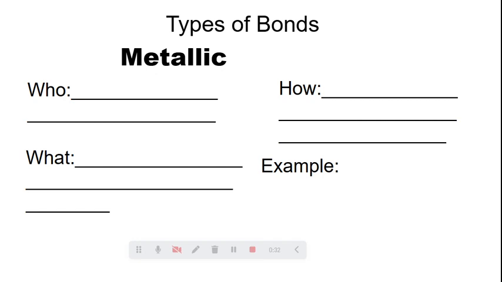So now we're going to talk about metallic bonding. All right, so metallic has the word metal in it. So very easy to remember that these are two metals and they share. All right, so I'm going to kind of go through the notes. We have two metals,